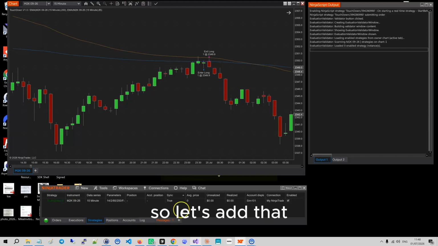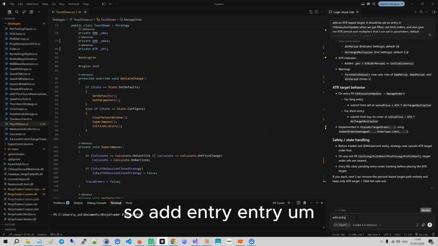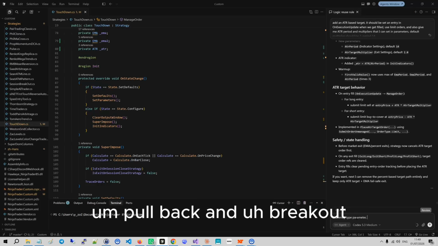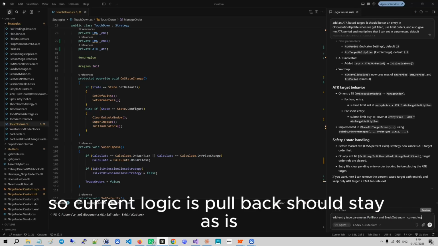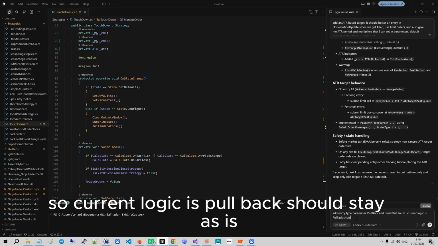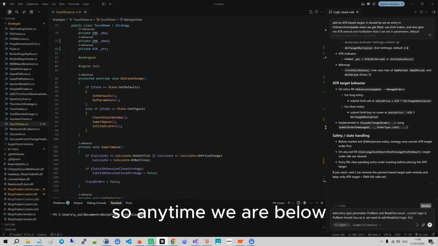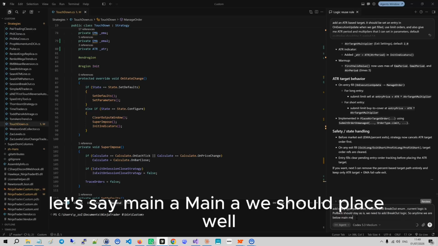Okay, so let's add that, and the way you would approach this kind of thing is, add entry order type, well, let's say entry type parameter. So pullback and breakout enum. So current logic is pullback, should stay as is. We need to add breakout logic. So anytime we are below, let's say main MA, we should